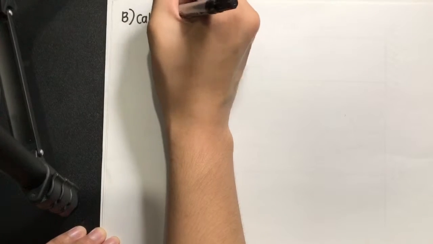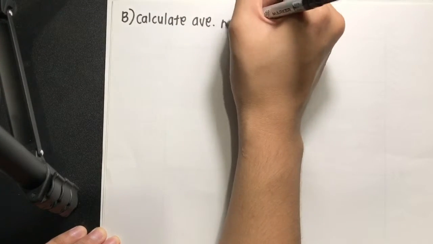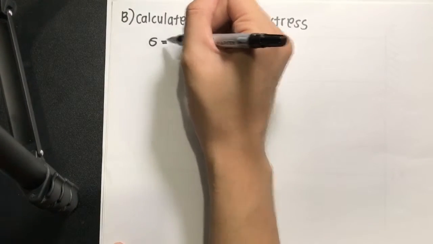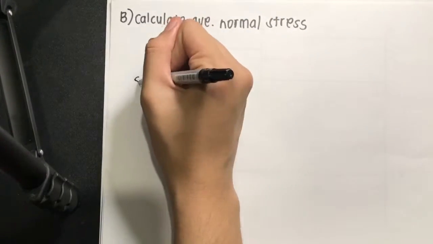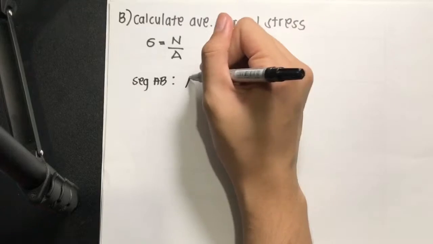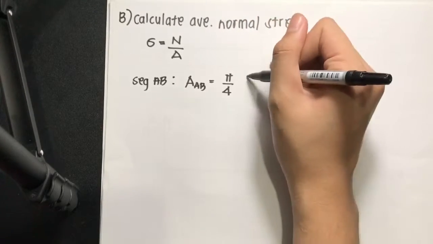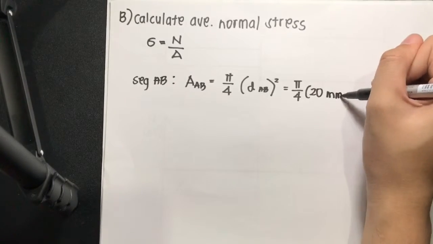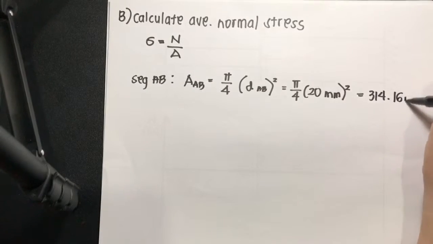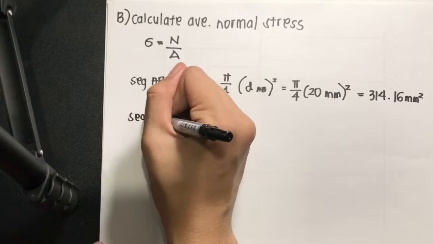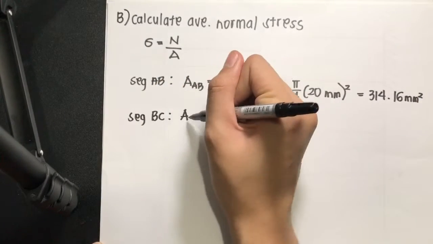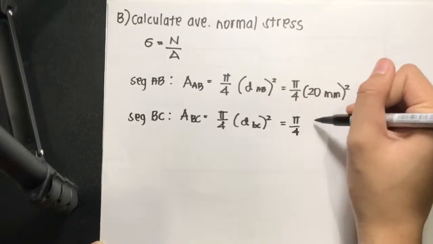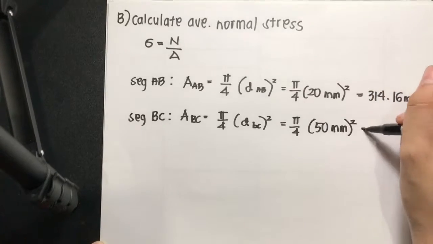So for part B, we're going to calculate the average normal stress in segment AB and segment BC, where sigma is equal to N divided by the cross-sectional area. In segment AB, the cross-sectional area AAB is equal to pi over 4 times the diameter AB squared, which is equal to pi over 4 times 20 millimeters squared. Solving that, we get 314.16 millimeters squared. In segment BC, the cross-sectional area ABC is equal to pi over 4 times the diameter BC squared, equal to pi over 4 times 50 millimeters squared, and solving that,